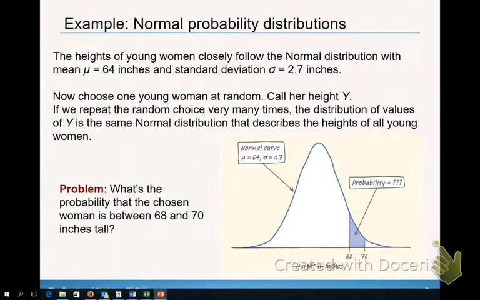The heights of young women closely follow the normal distribution with a mean of 64 inches and a standard deviation of 2.7 inches. Now, choose one young woman at random. Call her height y. If we repeat this random choice very many times, the distribution of values of y is the same normal distribution that describes the heights of all young women. So, what's the probability that the chosen woman is between 68 and 70 inches tall? If we have a normal curve, you agree that the height